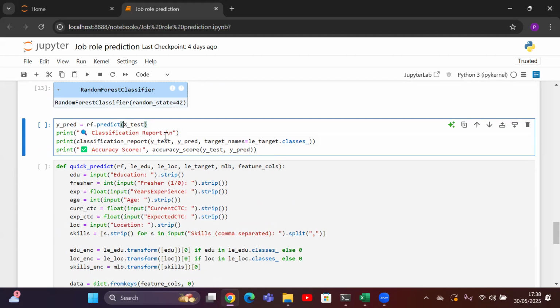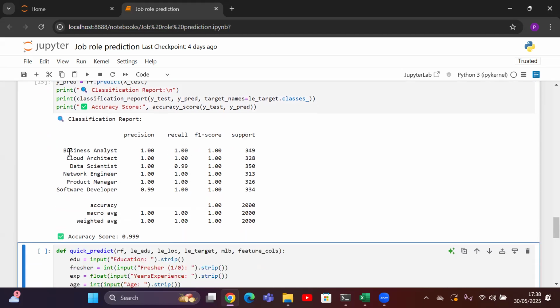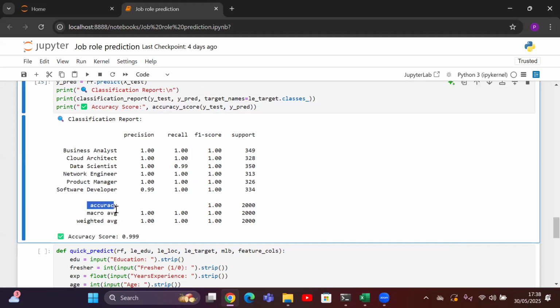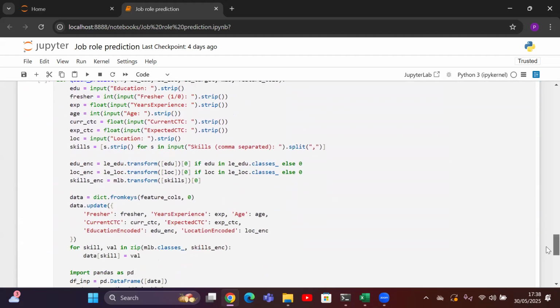We are going to print the classification report and the accuracy score as well. You can see for each class of the target the precision, recall, F1 score and support, everything is there, along with the aggregated accuracy and weighted average. I can see the accuracy score of 0.999 in this case.